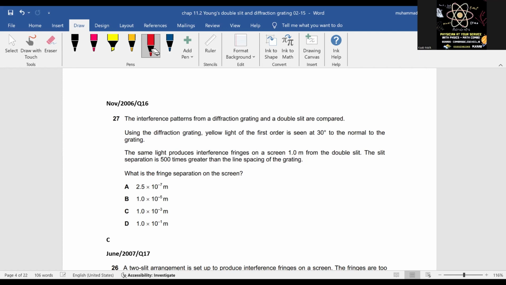So how to solve? Compare, you use n lambda equals d sine theta. And lambda is equal to d sine theta, but